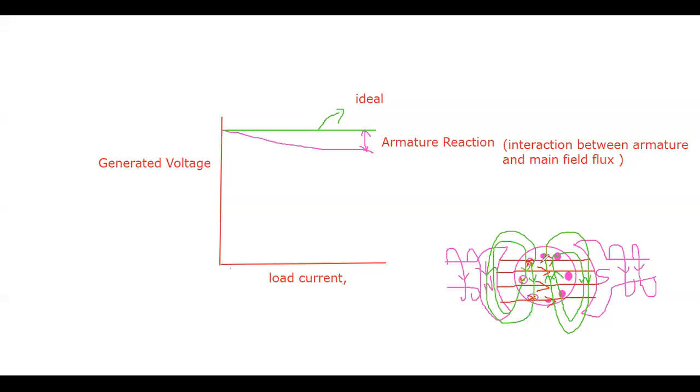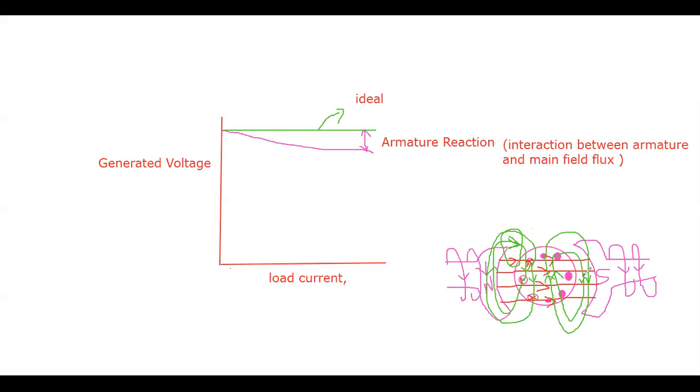Now, if you look deeper into the armature, the red color shows the magnetic field lines. The flux is moving from the north pole to the south pole. Considering the direction of current here, in this region also the current is moving from the north pole to the south pole. So these two are in the same direction, and the flux at this region gets more, right?